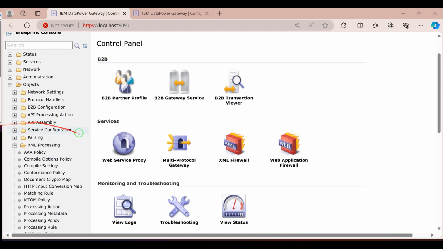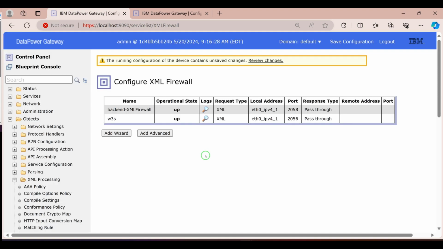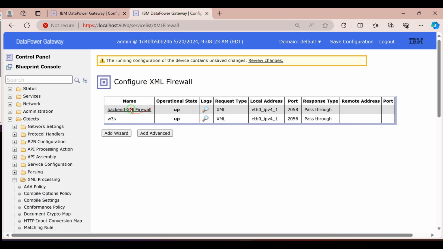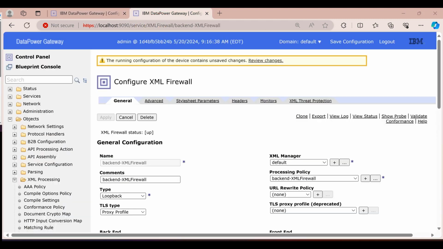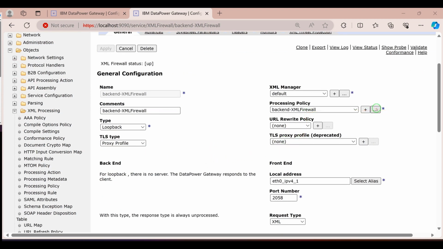I'm Ahmad Lomayar. In this video we're going to continue with the XML firewall, and we're going to create the static service. I already created a backend service. It's a simple service, you just click on it. Let me show you. It's still a simple loopback service where I create